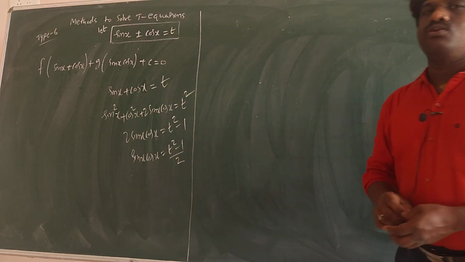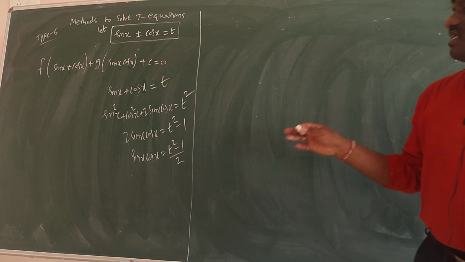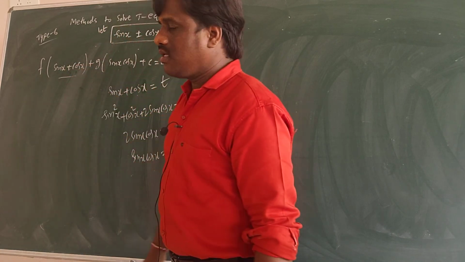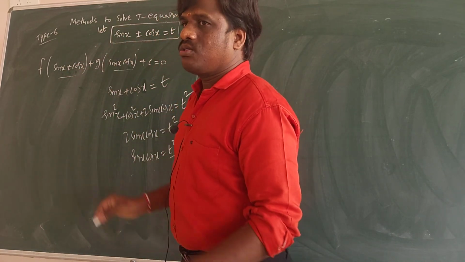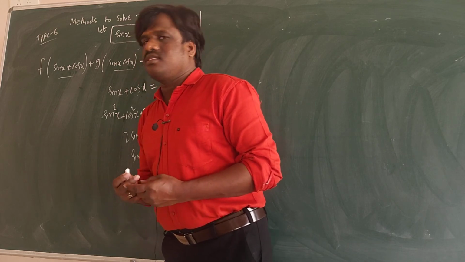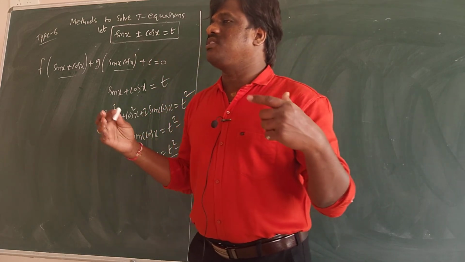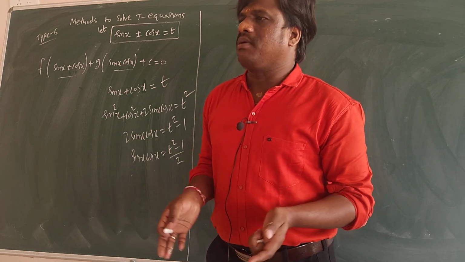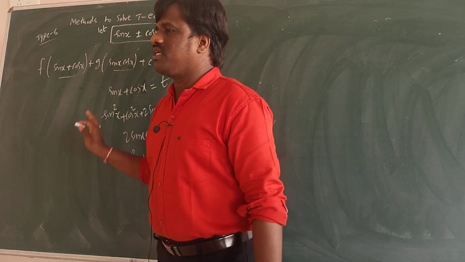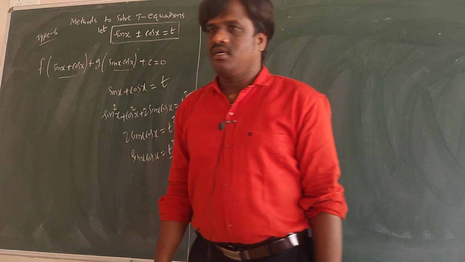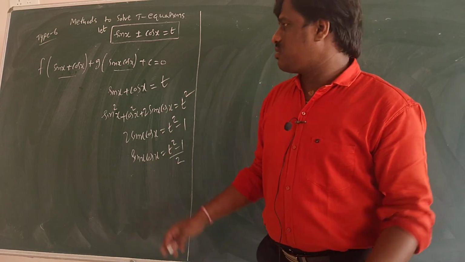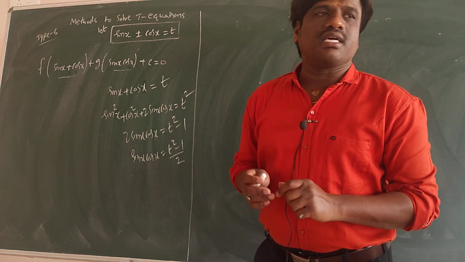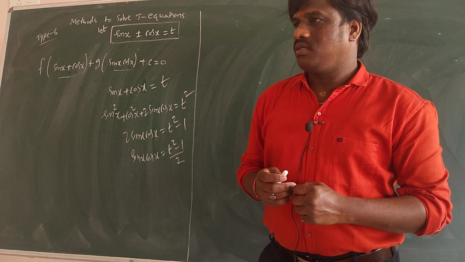So such things you have to do in this method. You have to replace sin x cos x with t square minus 1 by 2. This will convert in t and this will also convert in t. So it may become quadratic, but the equation will convert into all t's, and you can simplify to get the answer. This is a constant number anyway. So our main agenda is to make sin x plus cos x and sin x into cos x into one form, and then we can simplify easily. Understood? Note down.